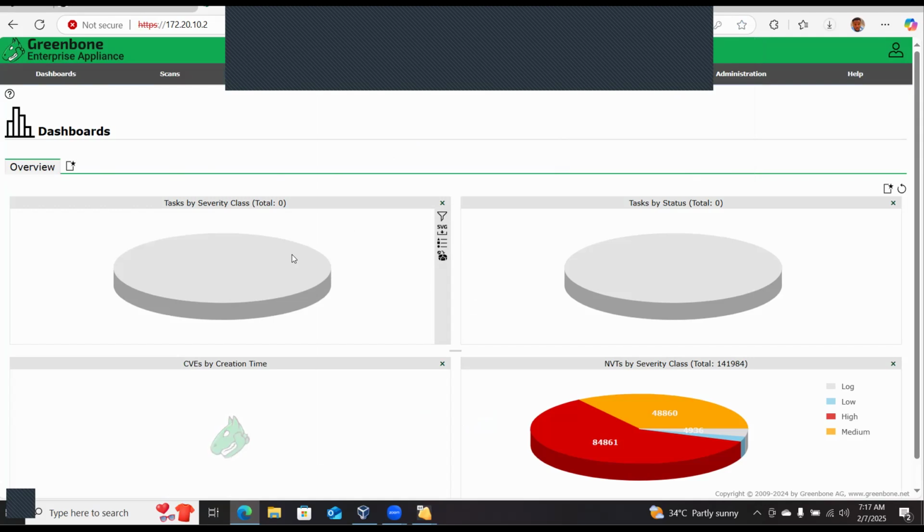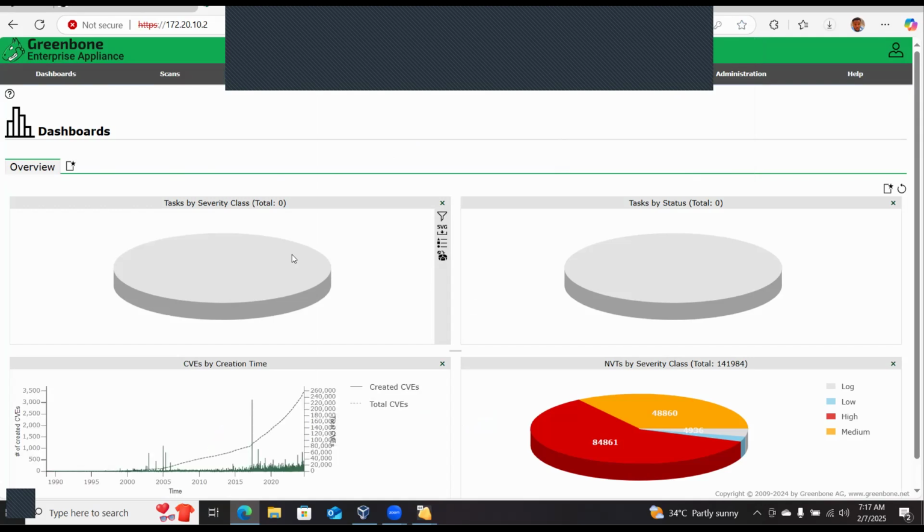So the first thing we're going to be doing right now is that anytime you want to scan inside this Greenbone, you need to enter